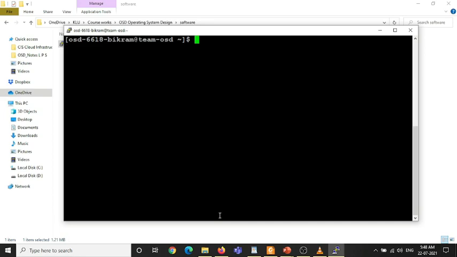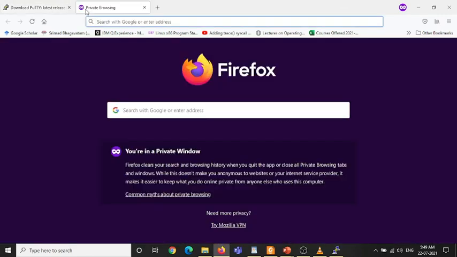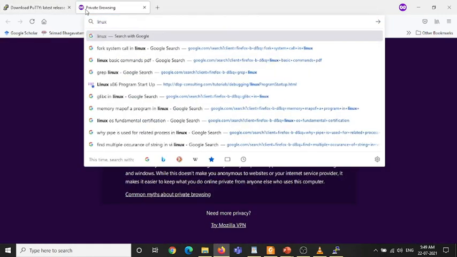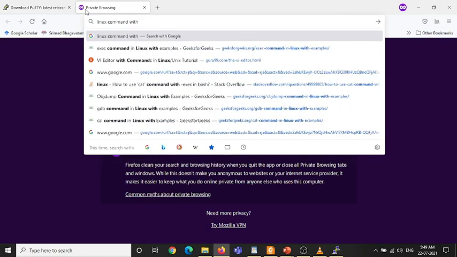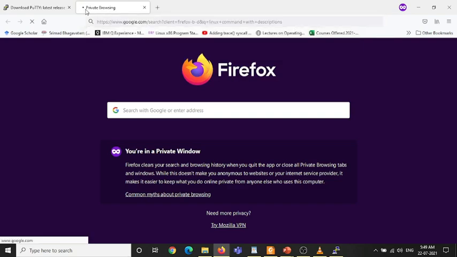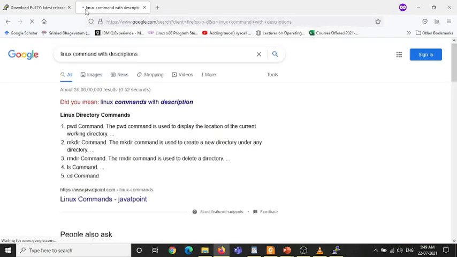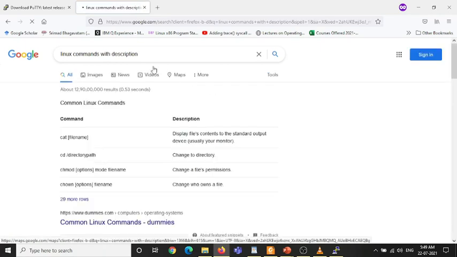Okay, then there are so many commands. Linux is filled with an enormous number of commands. If you want to read more about that, you simply go and type here Linux commands with description.